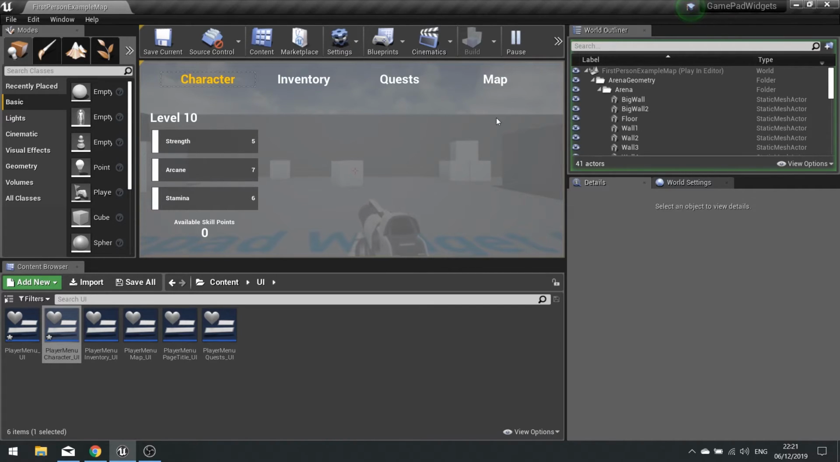Notice, by the way, that if I was to push up on the strength, it would go up to the character. We'll fix that as well in a second. And if I go down to stamina and push down, it doesn't go back to strength. So we're going to make these cycle round in a moment. Okay, so let's get the